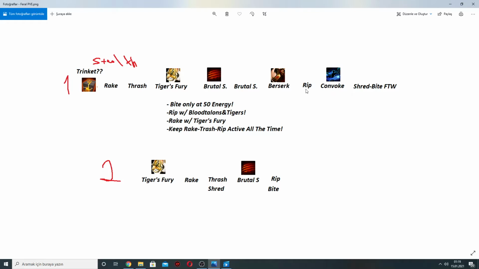Just to repeat it, for the initial pull, I use Trinket and then Stealth and then Rake, Thrash, Tiger's Fury. Then we have this Blood Talons proc, Brutal Slashing twice, I think, because I crit somewhere in between. And then I hit Berserk and then Rip and Convoke. Before convoking, I actually did 2 Shred bites, because I already have some time left on the Tiger's Fury. When it hits the 2 second mark on Tiger's Fury, I hit Convoke so that it will refresh the duration of the Tiger's Fury,